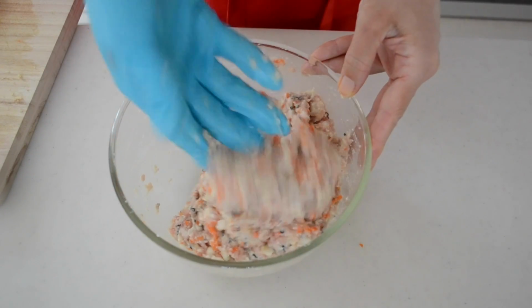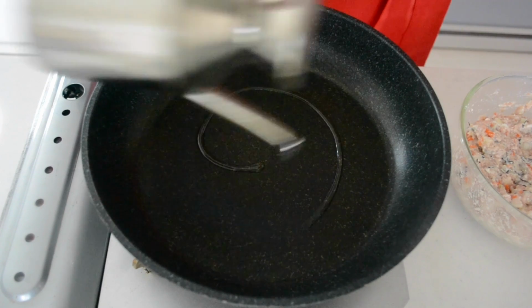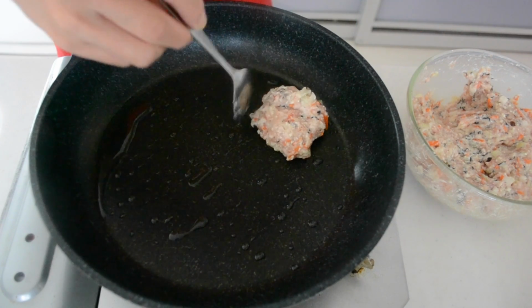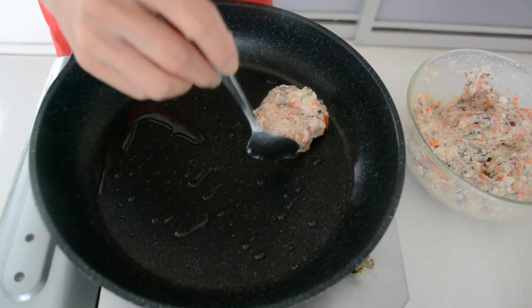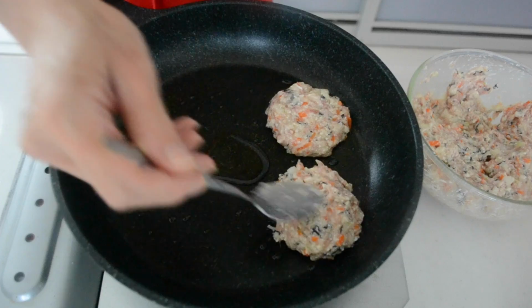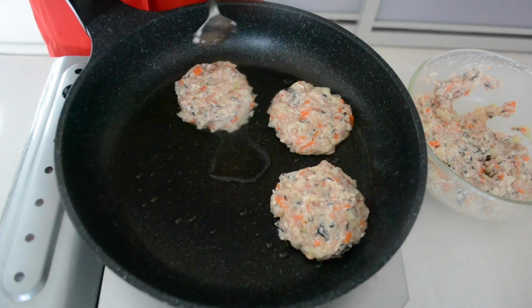Heat your frying pan on medium-low. Add in vegetable oil and drop a spoonful of filling, shaping into a disc. It's a soft filling so that you can use a spoon. Keep in mind that you want to make a dent in the center because it will swell in the cooking